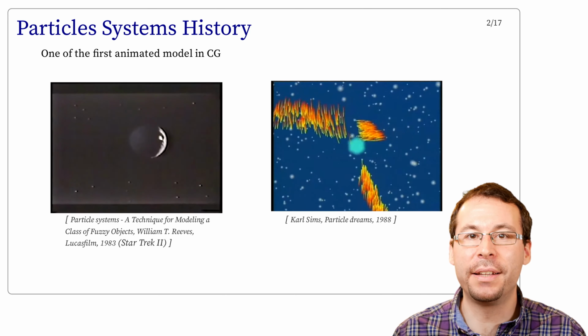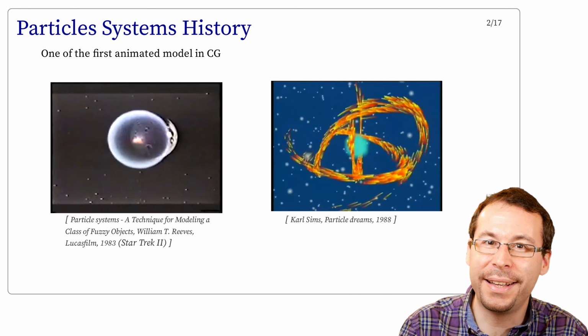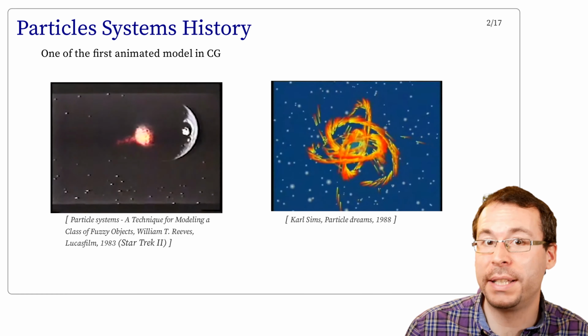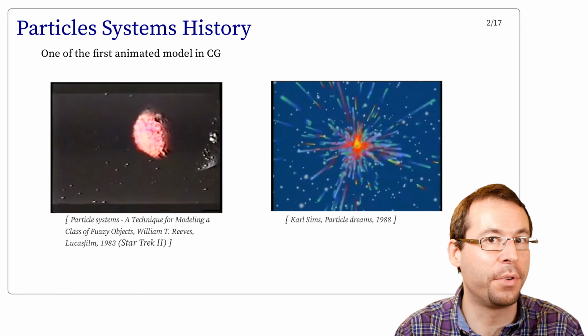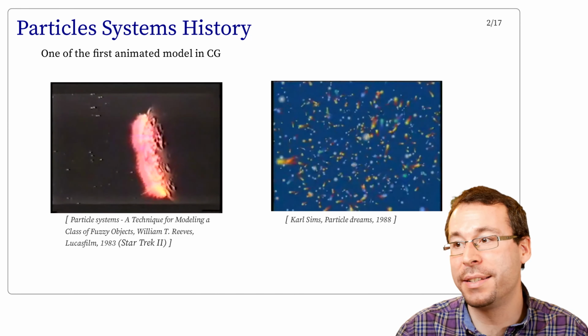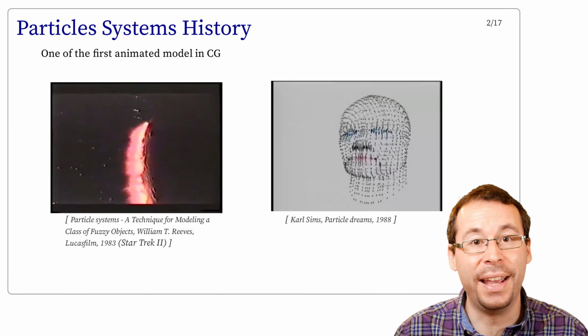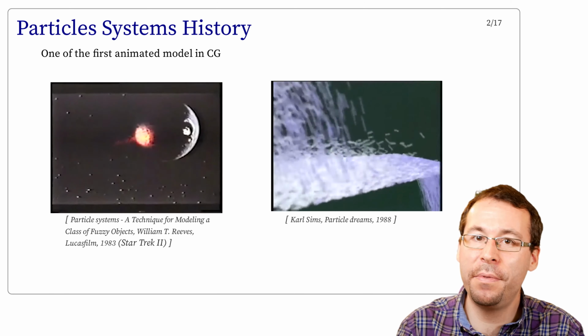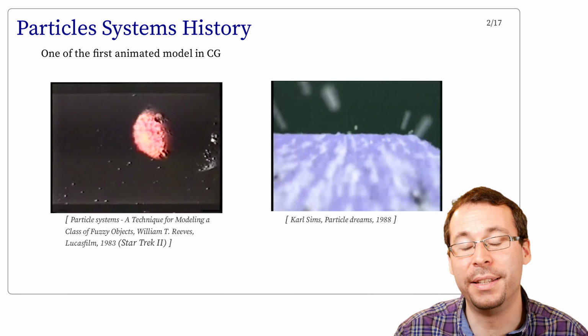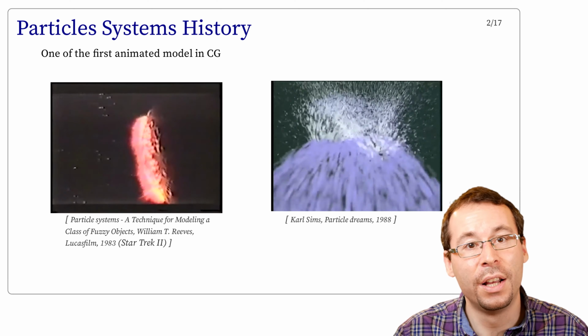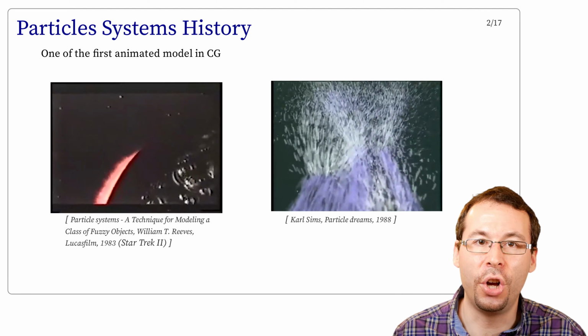Using particle systems with procedural trajectories is actually one of the oldest methods that have been used in the early age of computer graphics. In the 1980s, most of the graphics were only static images. There was no method to generate advanced animation, and the computational capability of the hardware was very limited. So here are two examples of such early models.